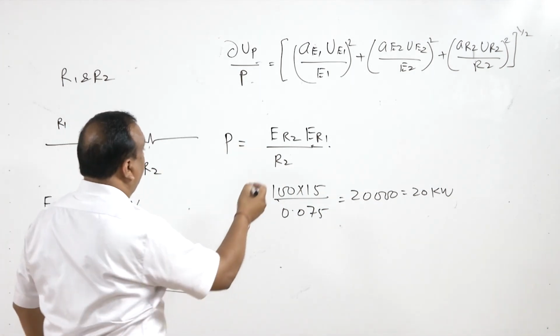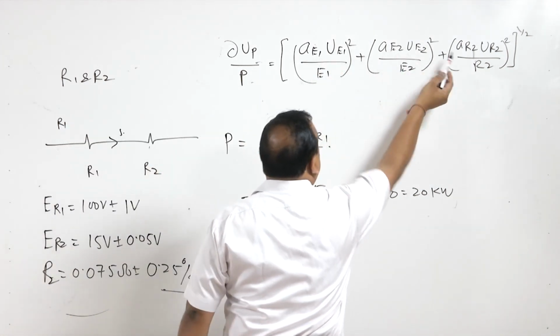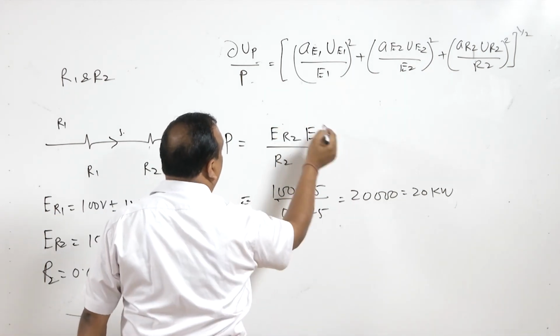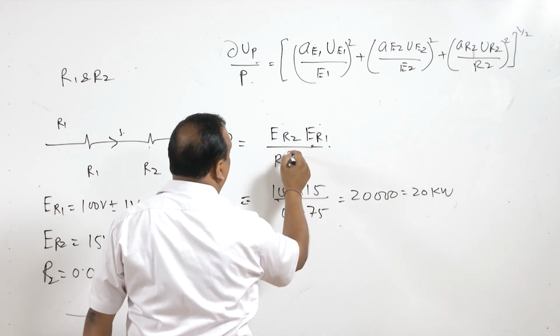Now here these values are 1 because AE1 is 1, A2 is 1, and this is minus 1,